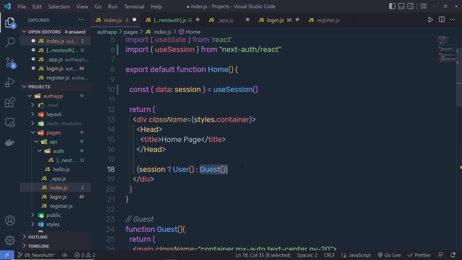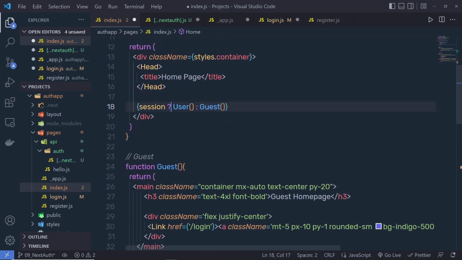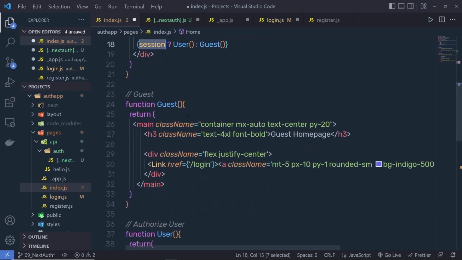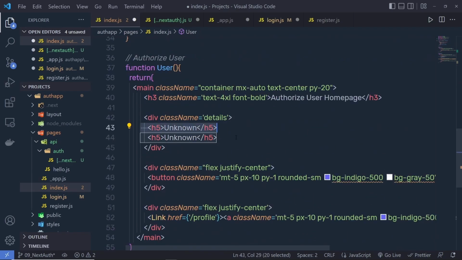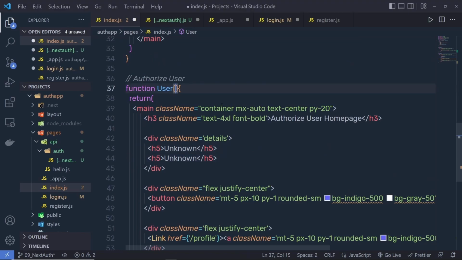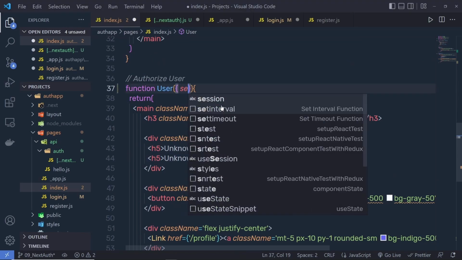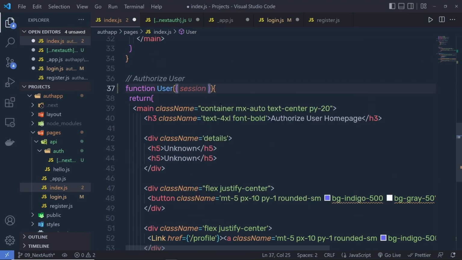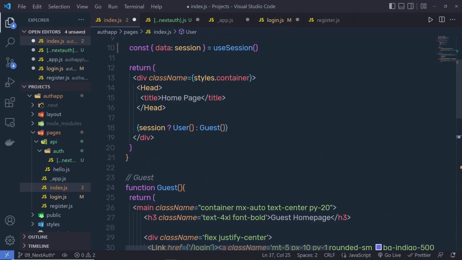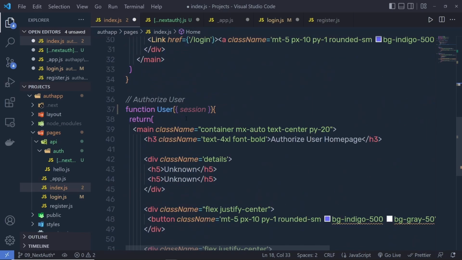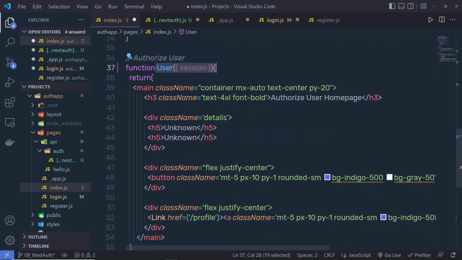Now to access the username and email of this user, I can specify this session variable, and using this session variable, I can display the username and email. So to this user, I'm going to specify an object and specify here the session variable. Now when I call this user, I'm going to pass this session right here as an object, something like this. So now I can access this inside this user component, and instead of this unknown, right now I'm going to say here